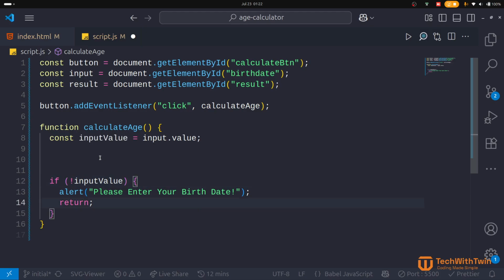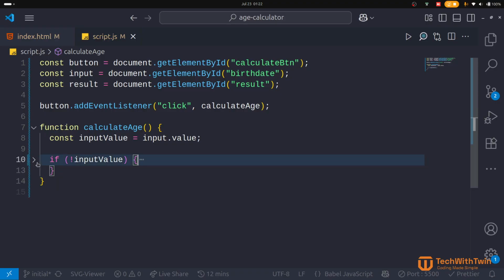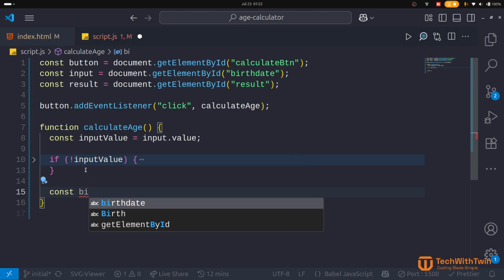So this is exactly similar to what we did. Then we can alert the user. So this is just a guard to prevent us from calculating the logic based on something that does not exist. So the next thing we need to do is get their birth date